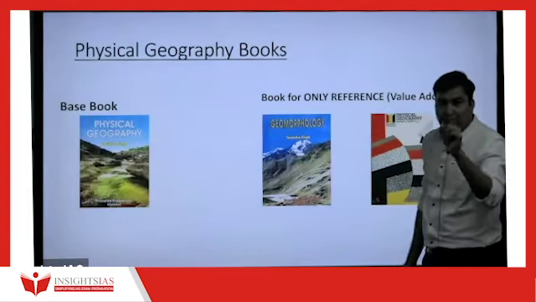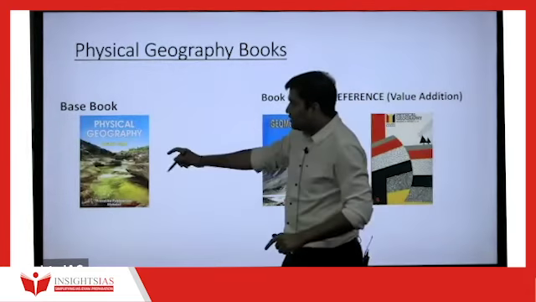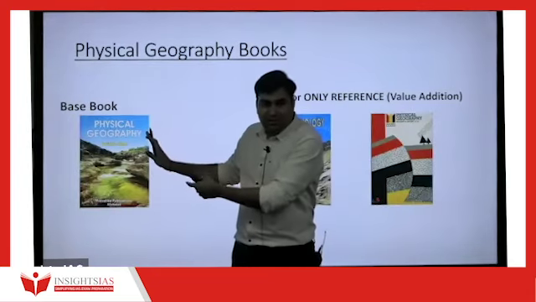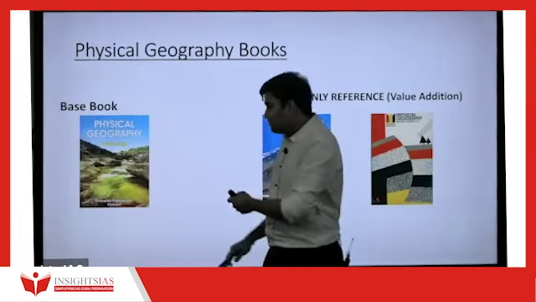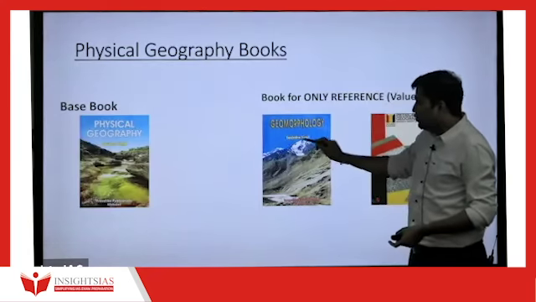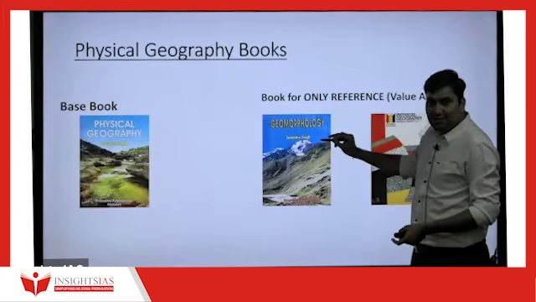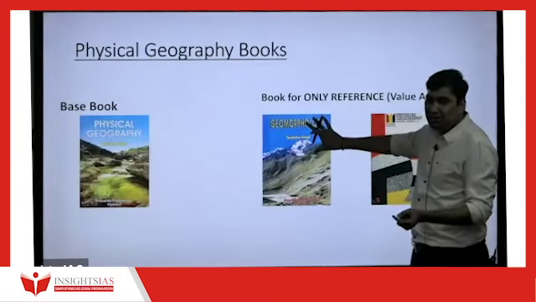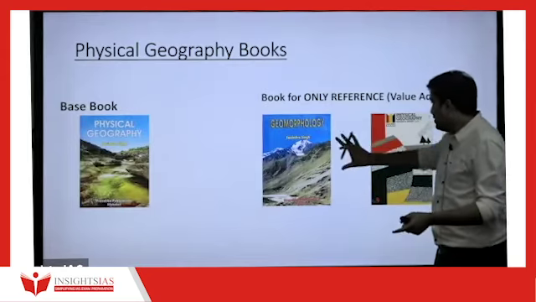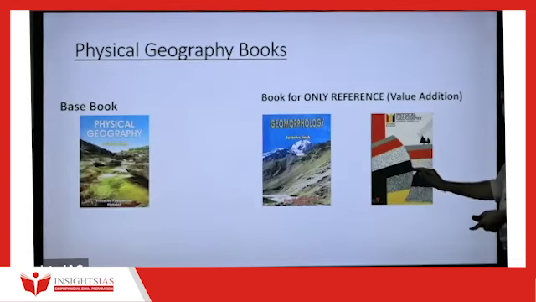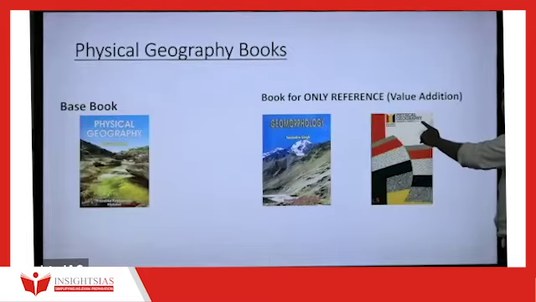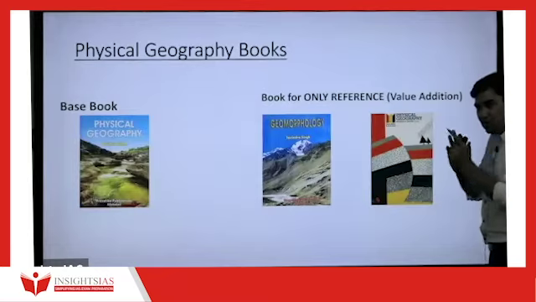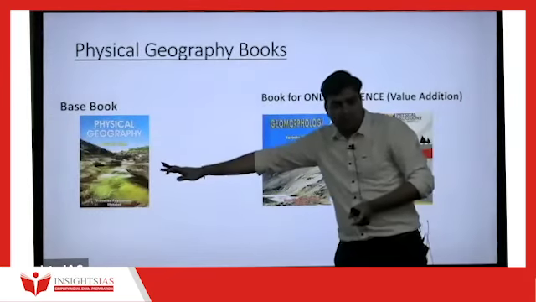Physical Geography Paper 1 books. The base book is Physical Geography by Savindra Singh sir. The cover page may be different in the recent edition, but this is how it looks. This is a separate book of Geomorphology by Savindra Singh sir. It is a very thick book, and in it you will find only 30-40 pages are important. This is Rupa Made Simple Publications part 1, Physical Geography, only for reference purposes. So these two books you need not purchase. This you purchase. Is it clear?